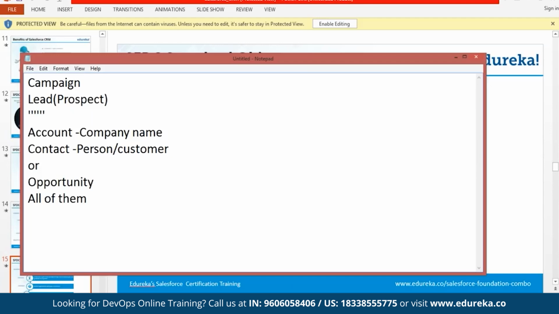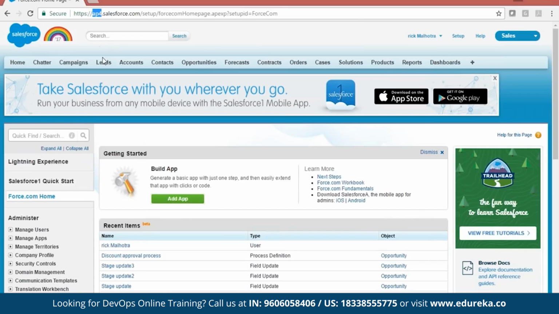So we're going to try this. We're going to create a lead first, then we will convert it, and by default we will get account, contact, and opportunity. It's your wish whether you want to include opportunity or not. And then we're going to follow up with the opportunity. It can be prospecting, it can be negotiation, it can be price and quotation provided to you. There can be many stages of an opportunity. So let's give it a try and see how to deal with it. I will go to my Salesforce instance and create a lead.